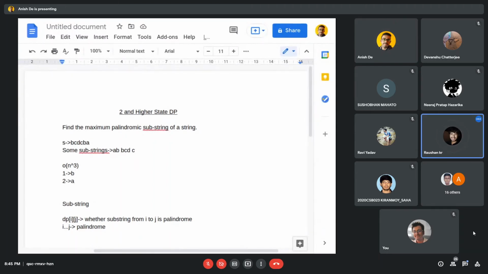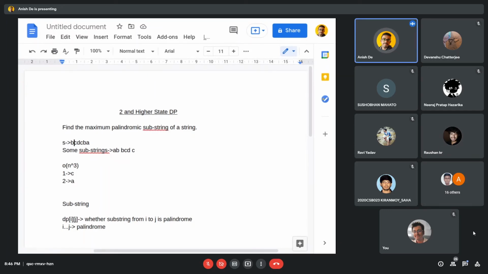Wait a minute, 1, 2, 3, 4, 5, 6. Okay, so it will go to the first index. If it goes to the first index and it's not A, then this substring can't be palindrome. So then I will move the backward loop and take it to B. And why are you moving the backward loop? Are you sure that moving the backward loop will always work?